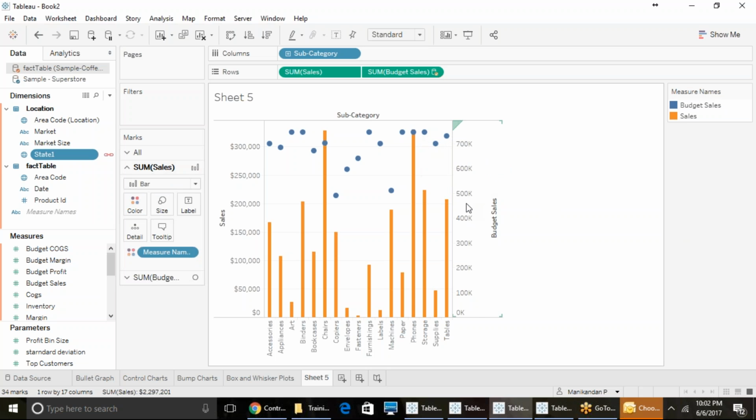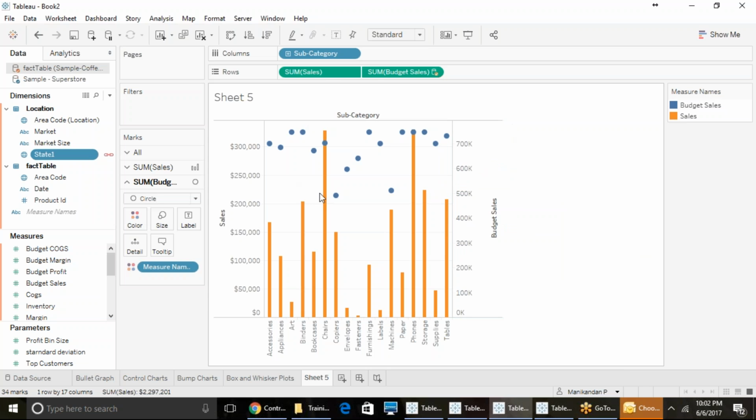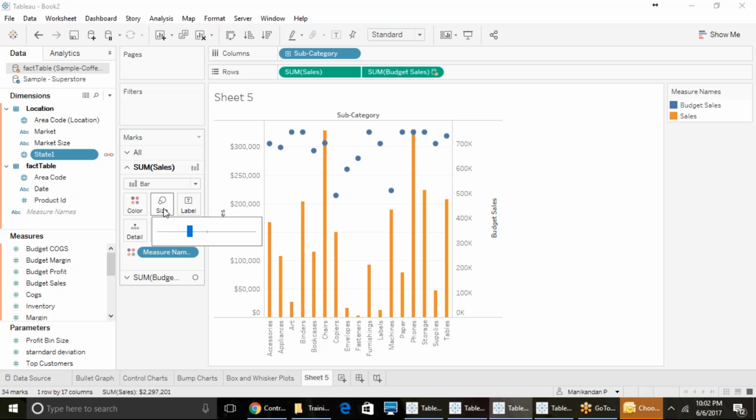So if you see here, let me try to synchronize this. It's not possible. Okay. So if I see here one line, both the values are almost matching. So this, if I want to make it as a lollipop representation,